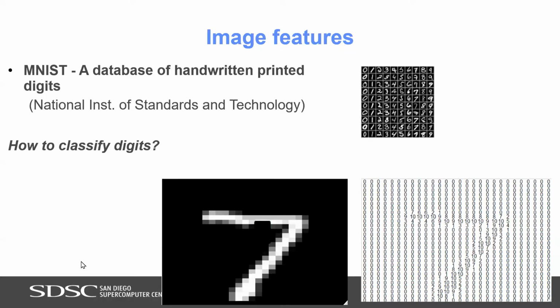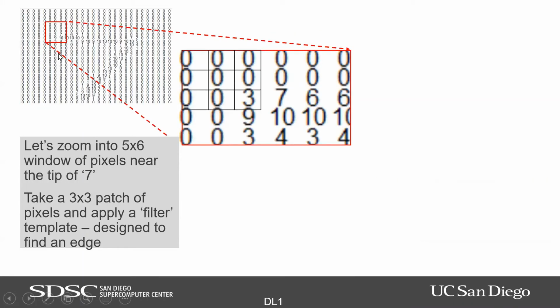So here's the number 7, and I just zoomed in to the 7. I've normalized all the values to go between 0 and 10 just for this example. So let me zoom in again. If I zoom into a part of the 7, it looks something like this. There are high values of 10 right around the edge, and there are some lower values, 3, 7, 9, for example.